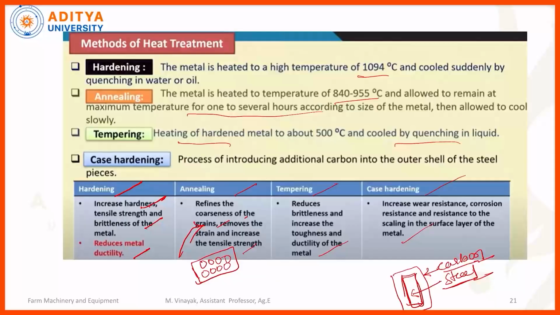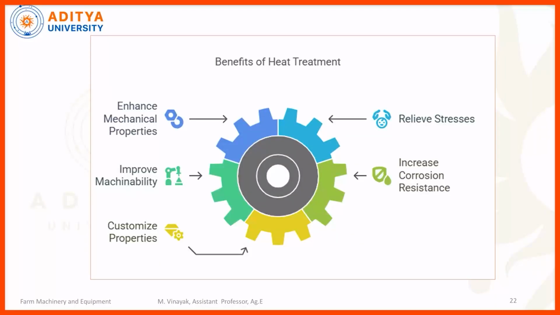So aluminum is used in most of the electrical department. Why? Because it is corrosion resistant as well as lightweight. Most of the electrical wires are made up of aluminum. Okay, so next one is the benefits of heat treatment. Up to now we have seen the introduction to the heat treatment process as well as different methods of heat treatment process,